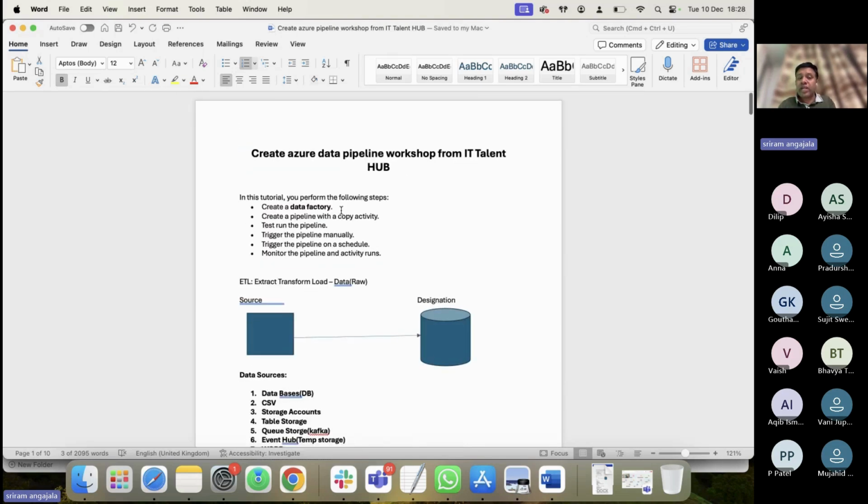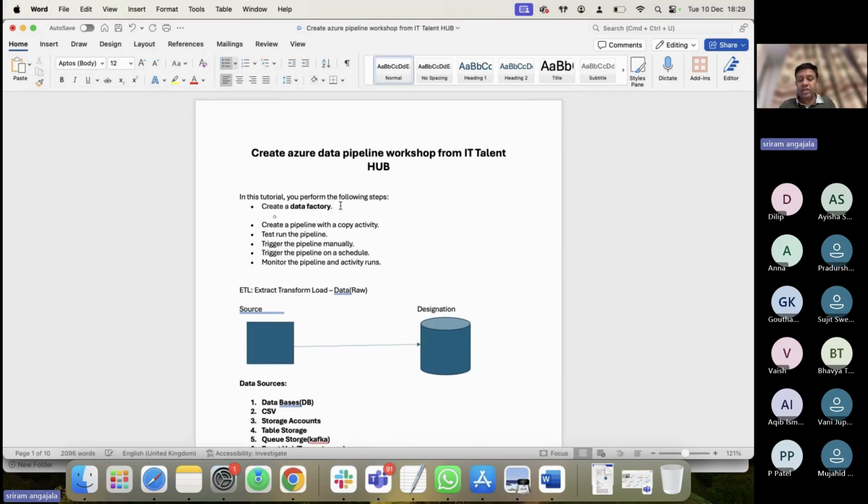Okay, that's the beauty of Data Factory. Data Factory is a tool using Azure. You can create a data pipeline